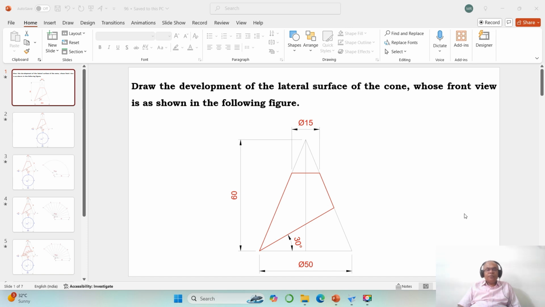Now in this video we are going to take up one more problem on development of lateral surfaces of solids, and how to solve this problem by using the SolidEdge software. The problem reads as, draw the development of the lateral surface of the cone whose front view is as shown